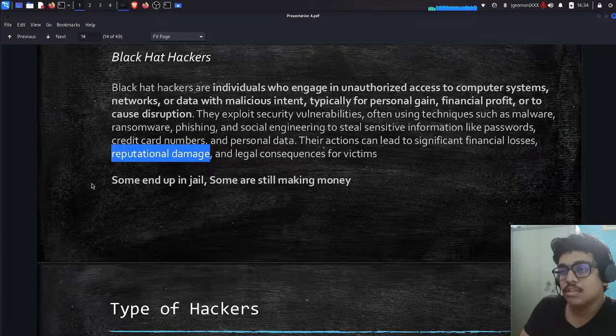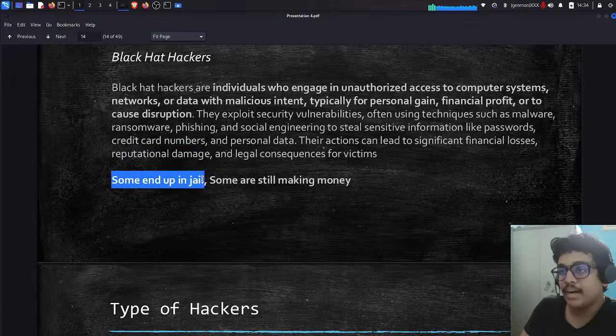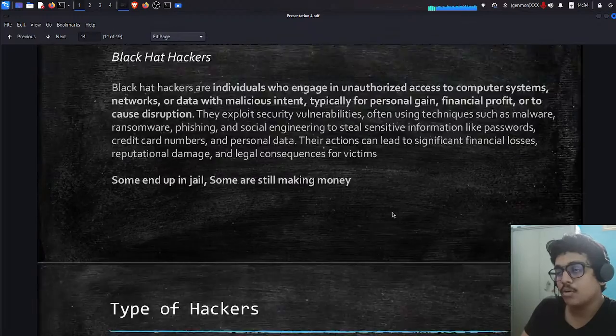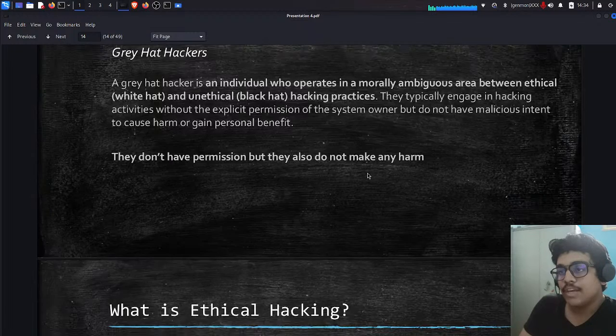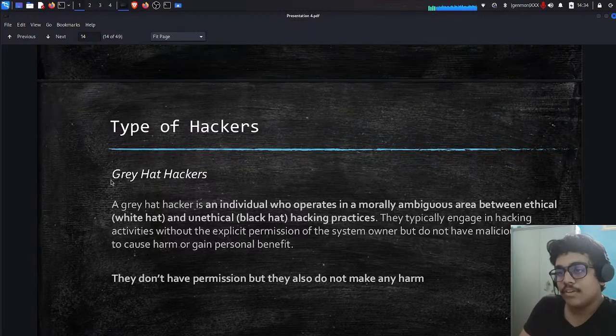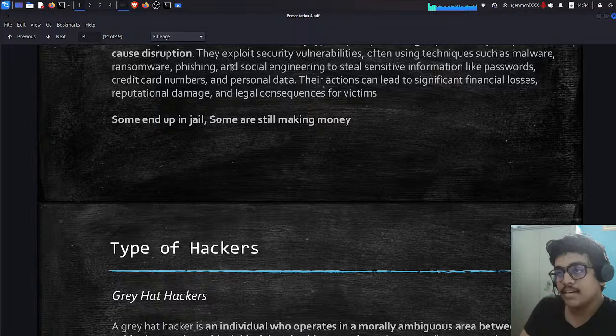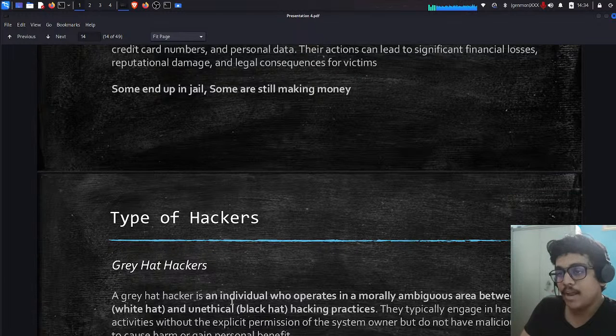So we are talking about black hat hackers. Some end up in jail and some are still making money. Yes, there exist some people who have no track records and who are still not caught, and they are making money, they are making a lot of money. So we have a third kind of hacker, the gray hat hacker. The basic difference between a gray hat hacker and a black hat hacker: